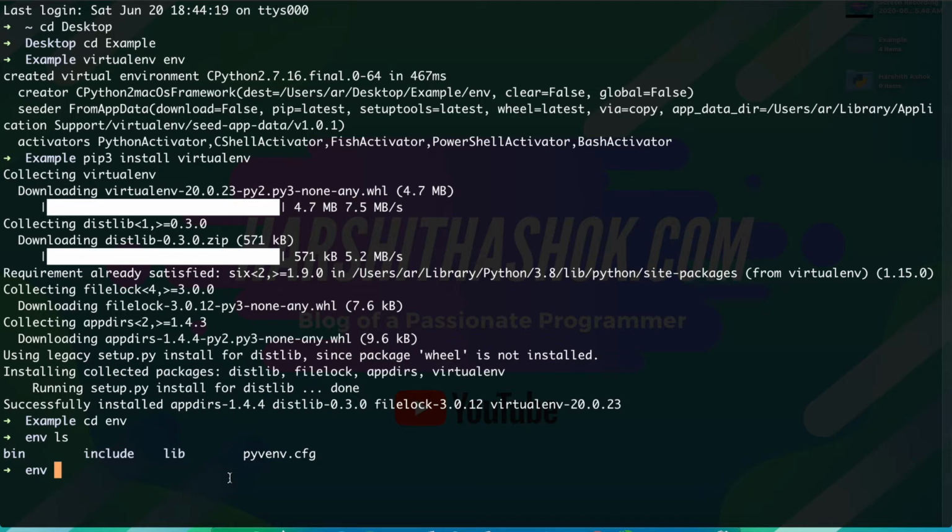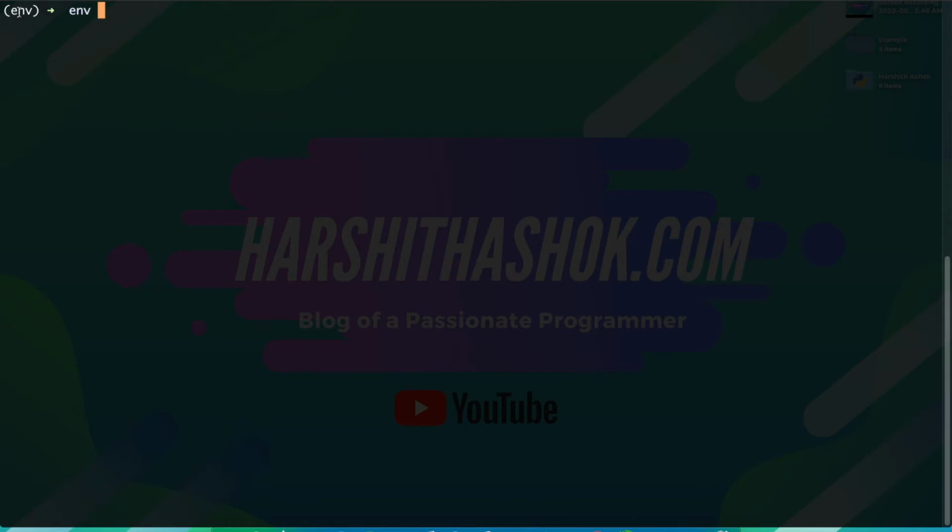So now we are going to have source space bin slash activate. This would activate our env, and it should give something like this. If you see this, it means that your virtualenv is running.